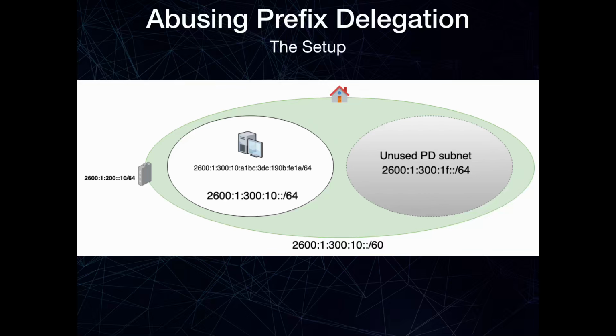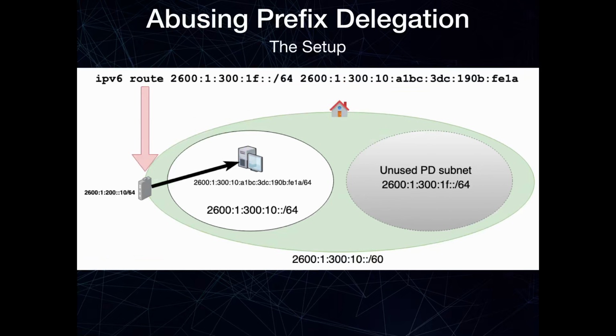So again, here we have our /60 prefix delegation to a site. We have an unused prefix delegation subnet. So first, we begin by configuring our router. Now you need to have a router capable of routing an arbitrary prefix delegation subnet. That's typically, in this case, a Cisco router, but anything more powerful than the average D-Link or something should be able to do this. In this case, we route that prefix delegation subnet to an arbitrary host. And there's one small problem with that, though. That host has no idea what to do with those addresses. So it'll drop them,